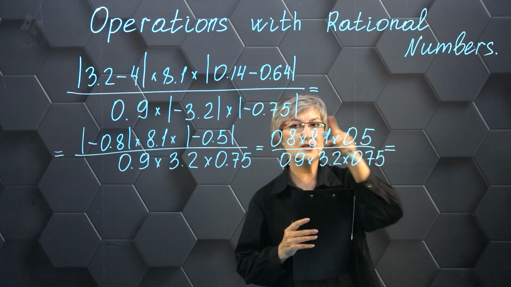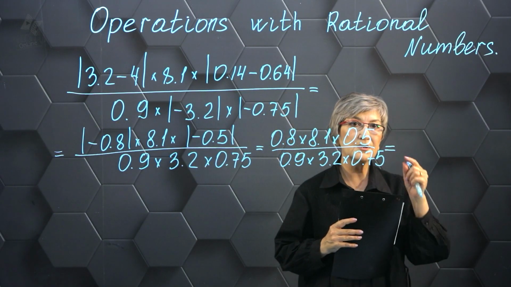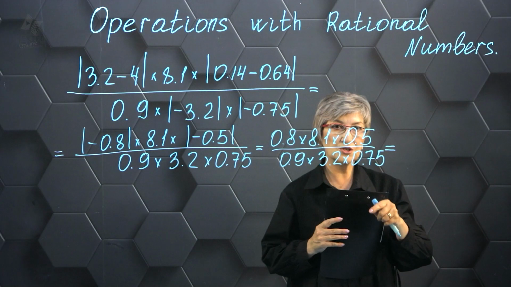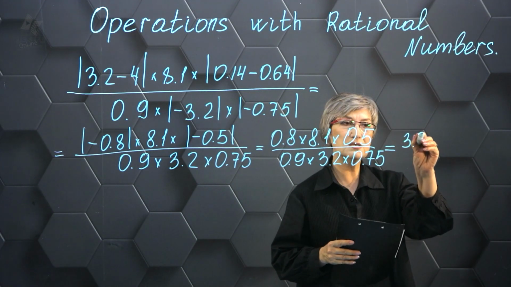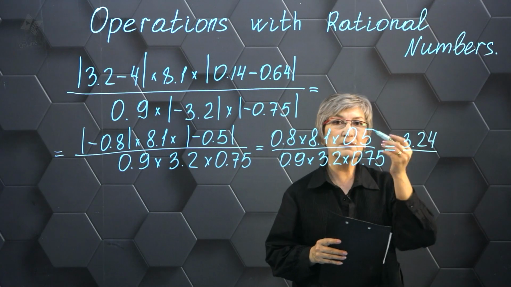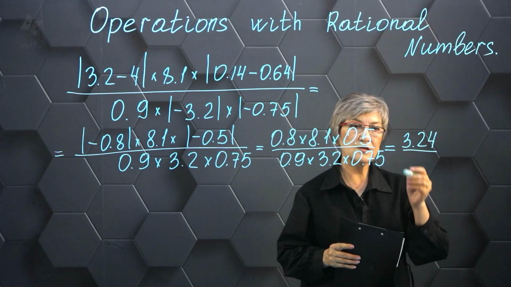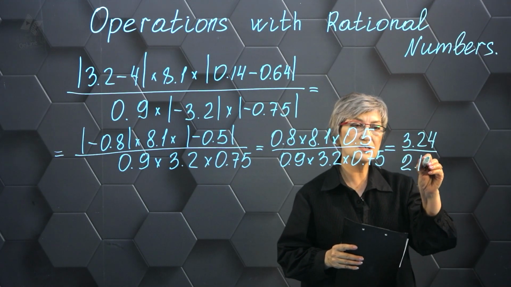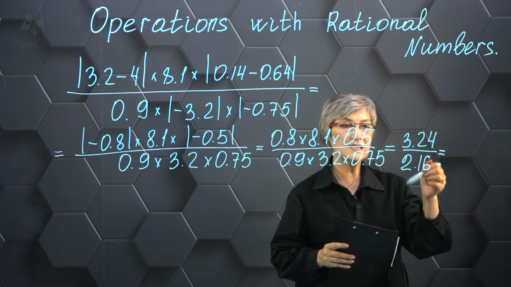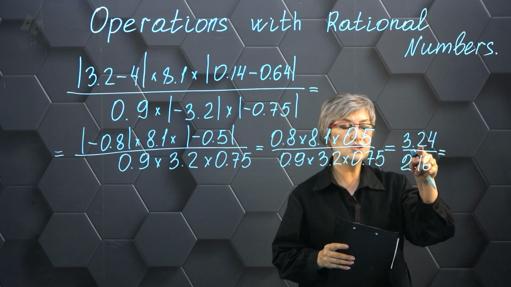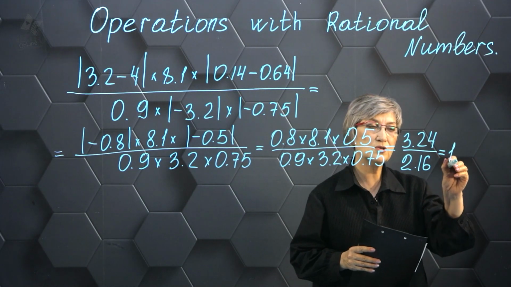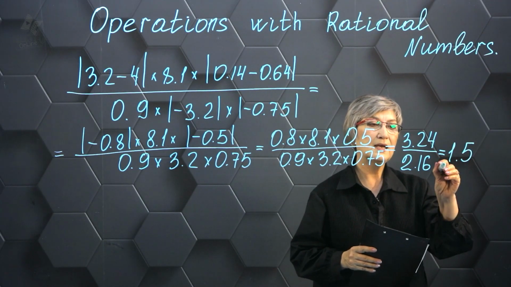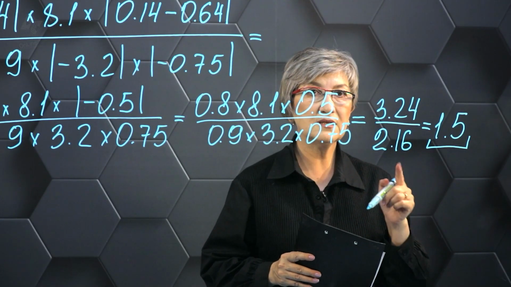We calculate the numerator, and if we multiply these decimals, we get 3.24 hundredths in the numerator. And in the denominator, we get the next number, 2.16 hundredths. We divide 3.24 hundredths by 2.16 hundredths. We get the number 1.5 tenths. And that would be the answer to our example, but